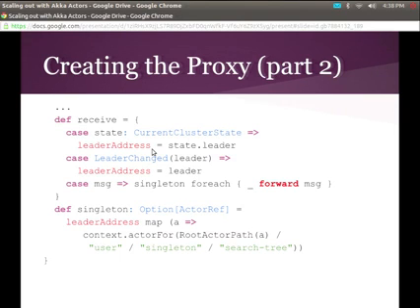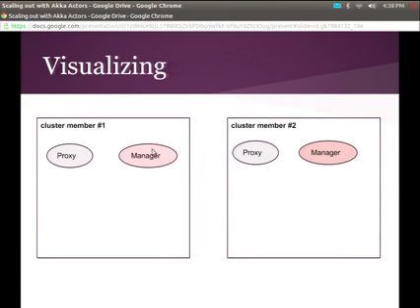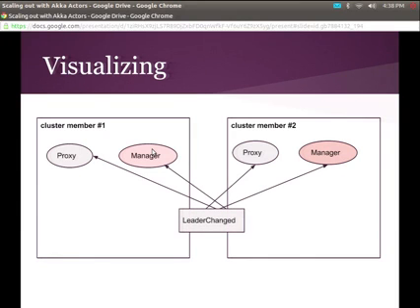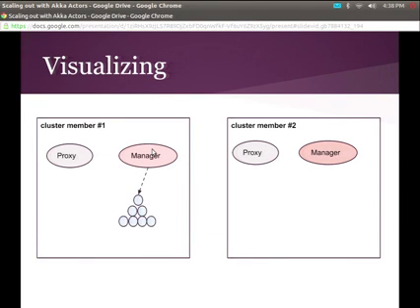So what I've done, I have a proxy and a manager on every node. Okay? When I get a leader changed event, it goes to all nodes in the cluster. All right? Conceptually. The manager, who is now the leader, creates my search tree, restores it from my React database. And then my proxies look up that guy and say, oh, hey, here's where my messages are going to go.